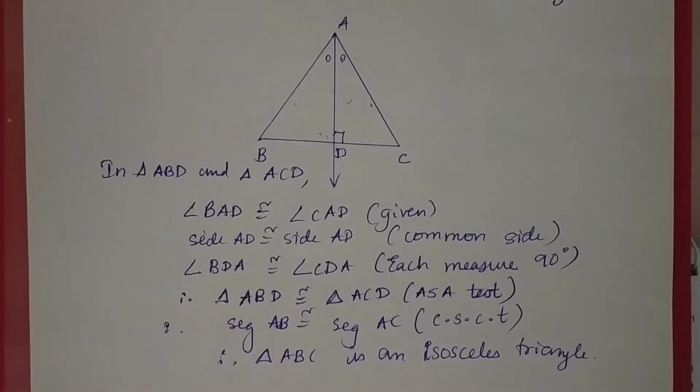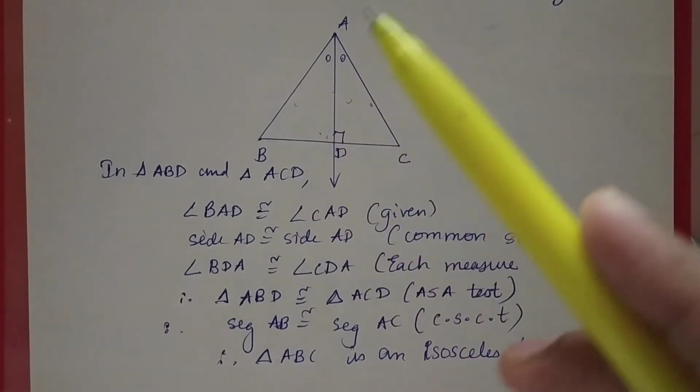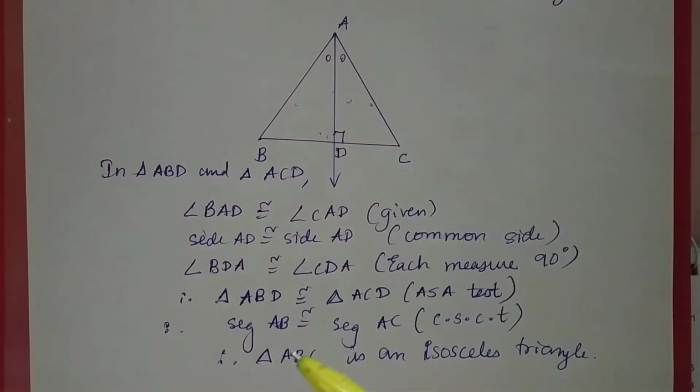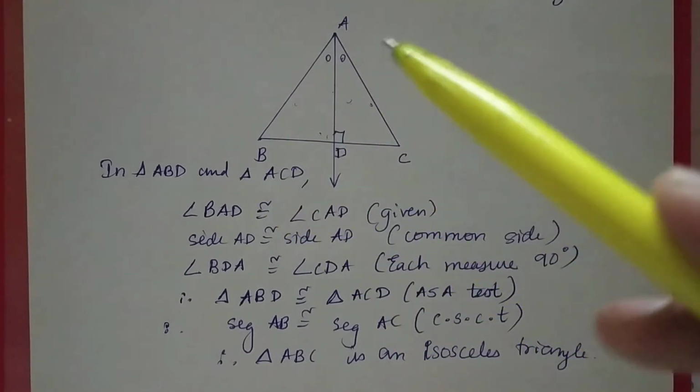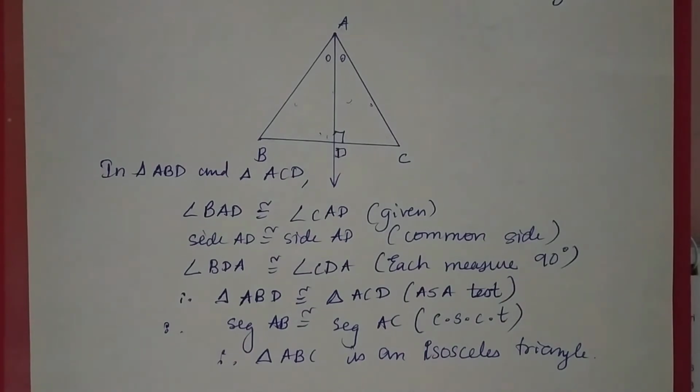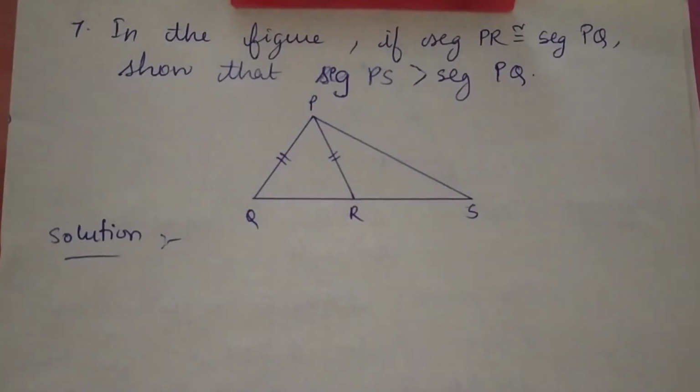So let me write that. So we write down, therefore, since these two triangles are congruent, AB is congruent to AC, CPCT, and therefore since AB is congruent to AC, this triangle is an isosceles triangle. In the next question, we have to prove